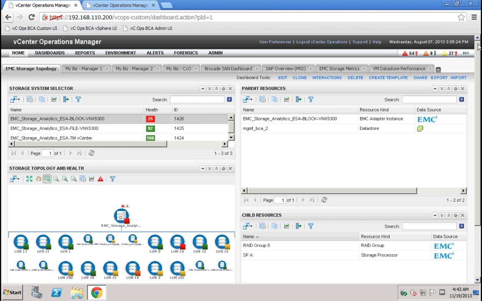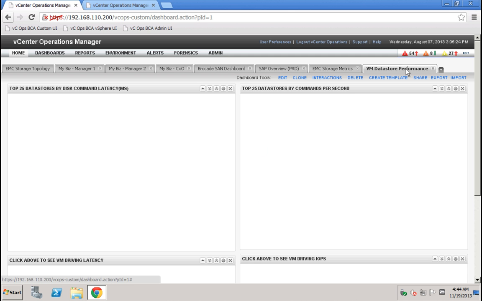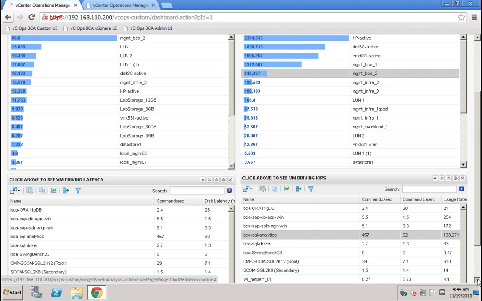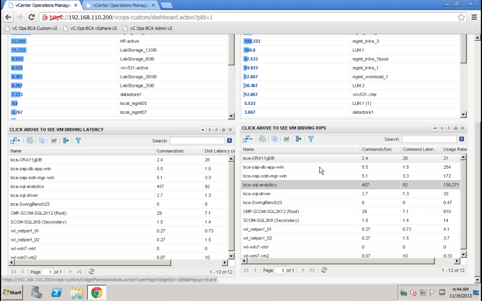I can now go further in my analysis and say, well, okay, if this is the data store that lives on the LUN with a problem, why don't I open my VMware data store performance? This is one of the standard dashboards that you get. And indeed, on the right hand side you see in the top 25 data stores that BCA2 is in the top list, in the top 5 actually, and when I click on it I see the VMs driving the IOPS